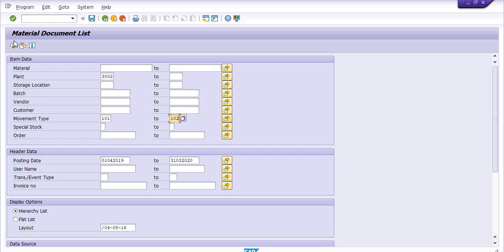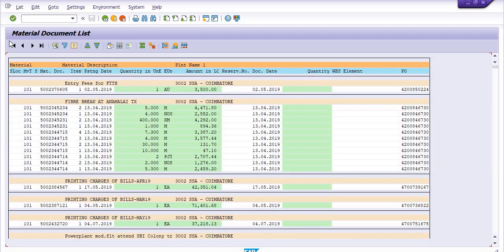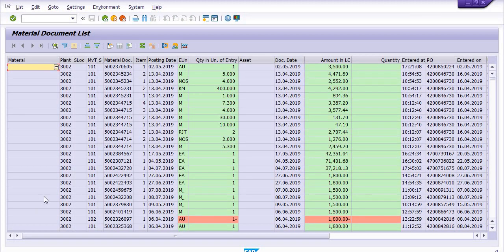Just execute the transaction code. Click on the detail list.